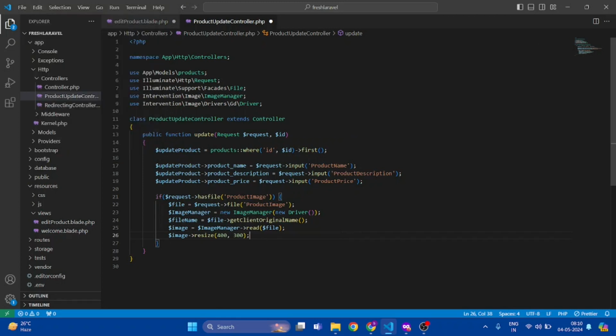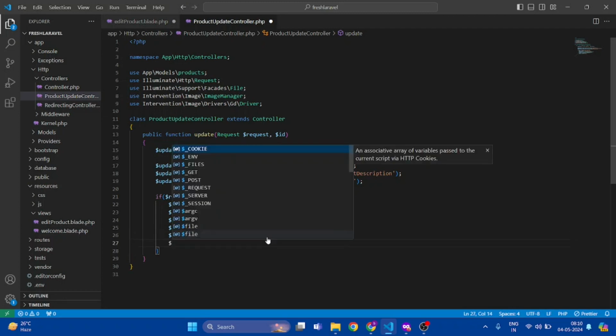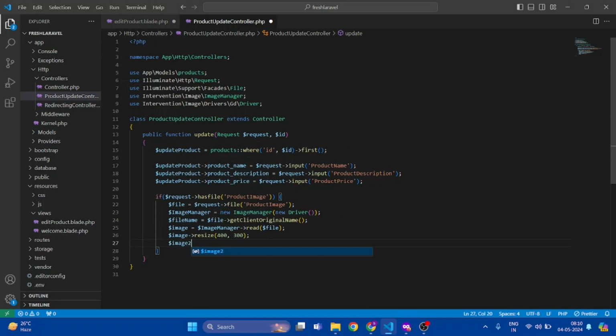In this line of code, we are resizing the replica image, the image that we got in our form which the user has uploaded, to 400 by 300 pixels. If we want another sizing of the same image, like a 400 by 300 and a smaller or bigger size,